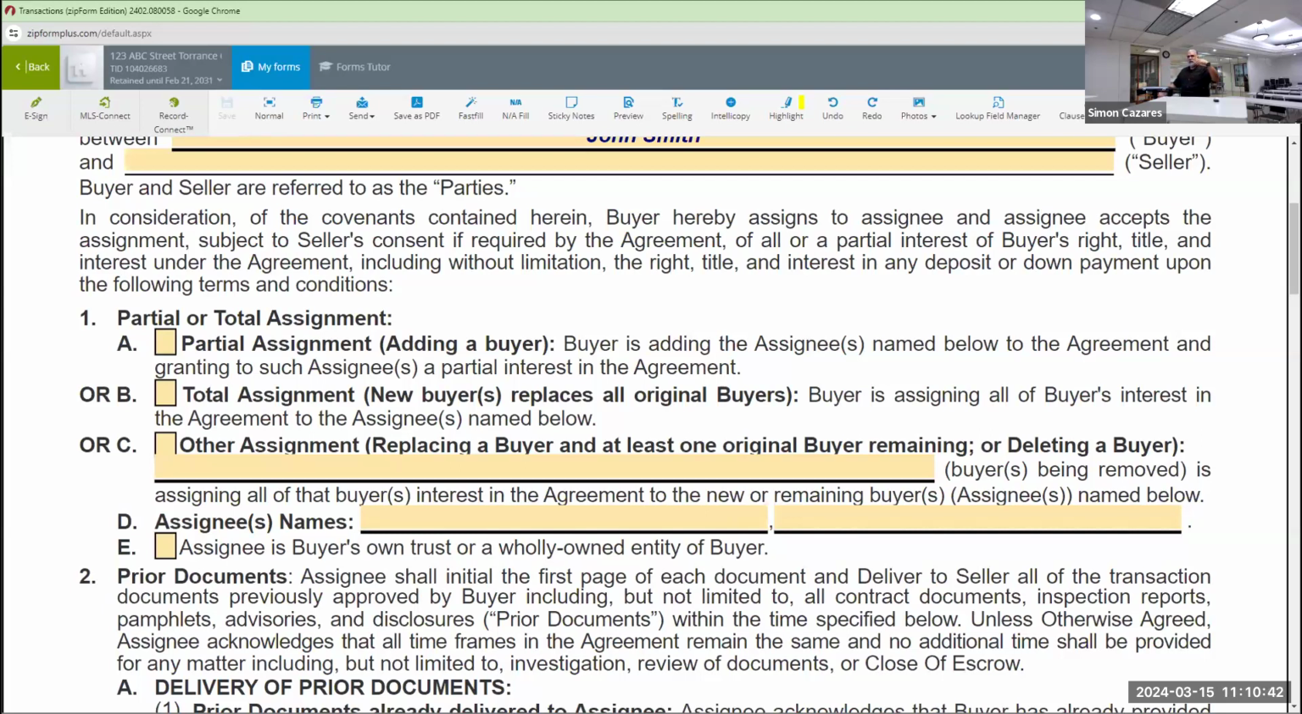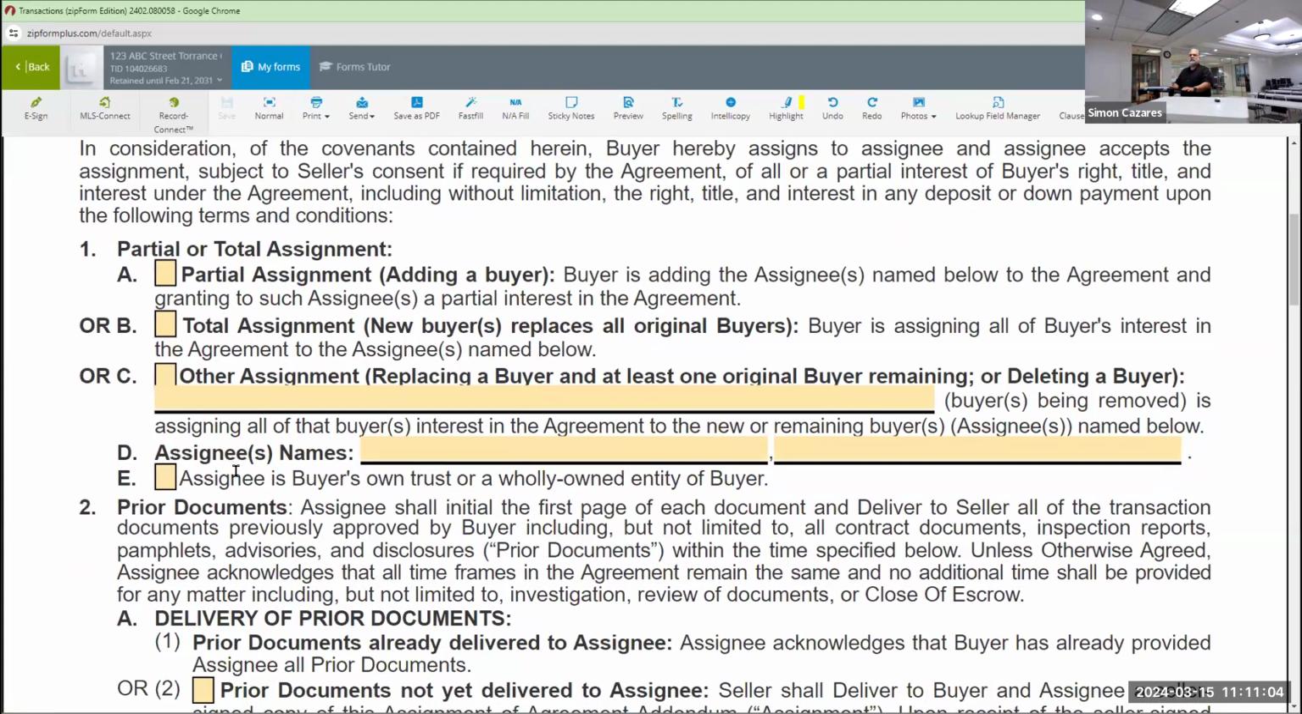So remember, we can add, we can take, we can assign. We can assign to our corporation, LLC, or a trust, or I can take my whole interest and assign it to someone else. Assign all of the buyer's interest in the agreement, and new remaining buyers, right? And then here, section D says assignee names. Okay, who is going to be added? If I check here, or here, or here, you're just going to put who these people are. If there's more than three, you can add them, right? You can say